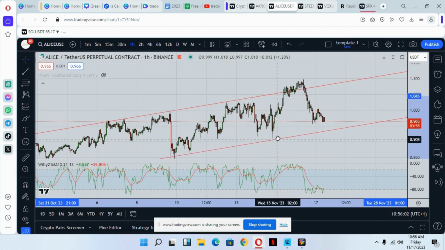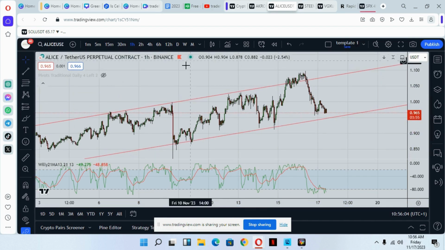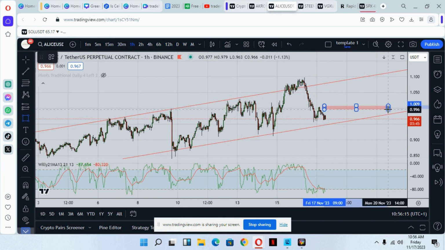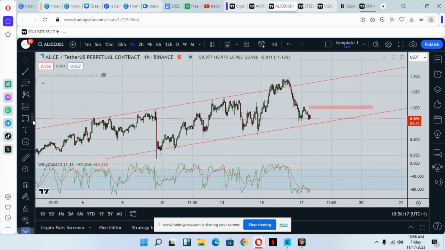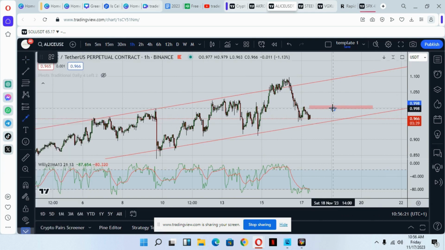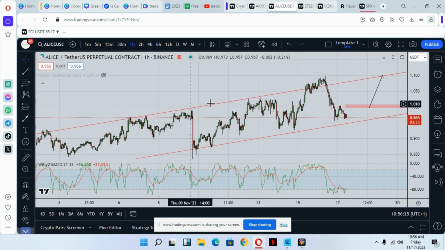As you can see, this is a high, low, higher low, higher high, higher low, higher high, and higher low. If I'm entering this, I'd rather wait for the price to prove that it's going to go up and break this place to the upside. If price breaks that to the upside, I'm fine. From this zone to this zone, you can see how easy it is for me to spot my